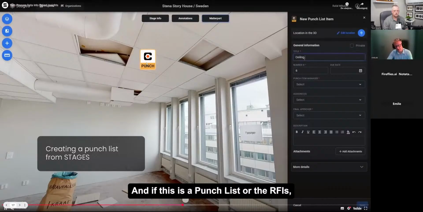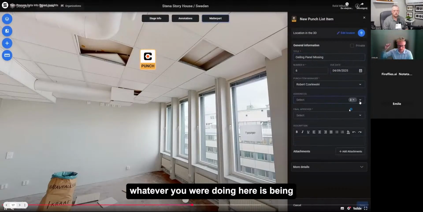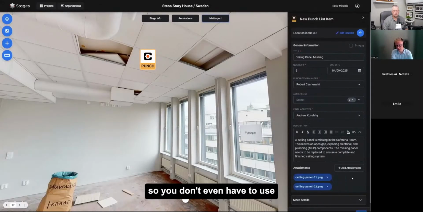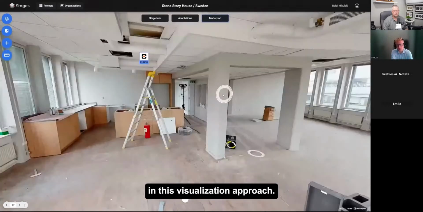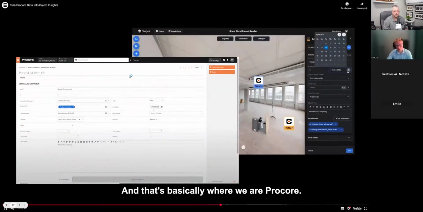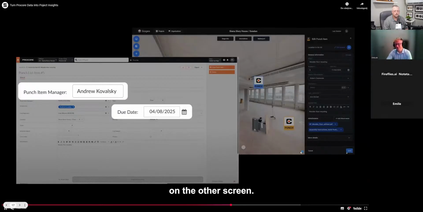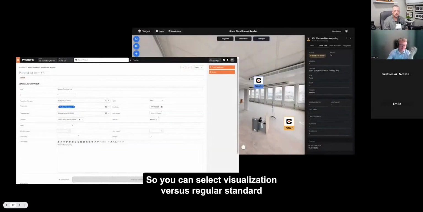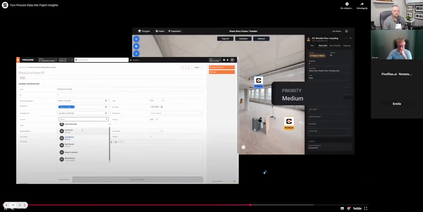And if this is a punch list or RFIs, whatever you are doing here is translated in seconds to your Procore project. So you don't even have to use the Procore interface. Everything can be done in this visualization approach. And that's basically where we are with Procore. This is how Procore looks, and this is how that looks in the Matterport on the other screen. So you can select visualization versus the regular standard approach of the Procore window.